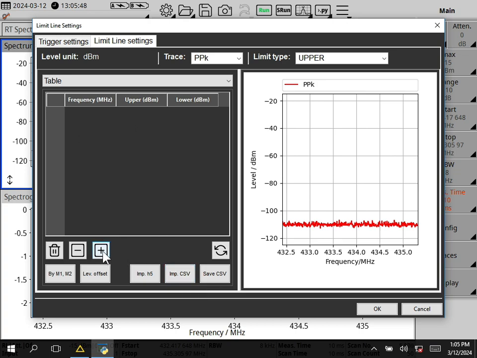So I will add a point here, plus, and now I type in, first of all, a frequency. Let's start at 433 megahertz, tab, and the level should be, let's say, minus 90 dBm. Lower value is not of interest. We keep it at minus 999. So plus